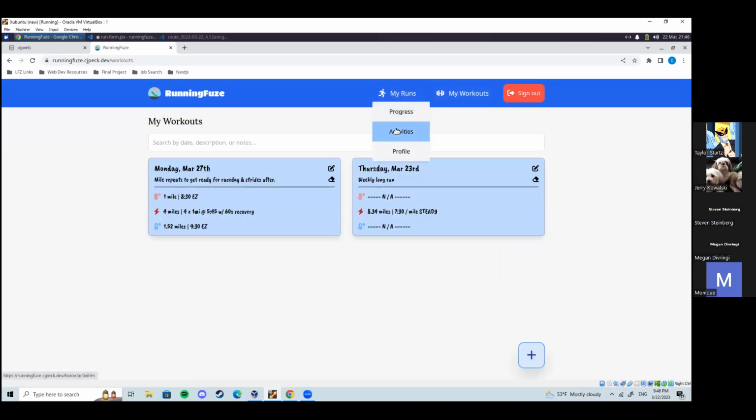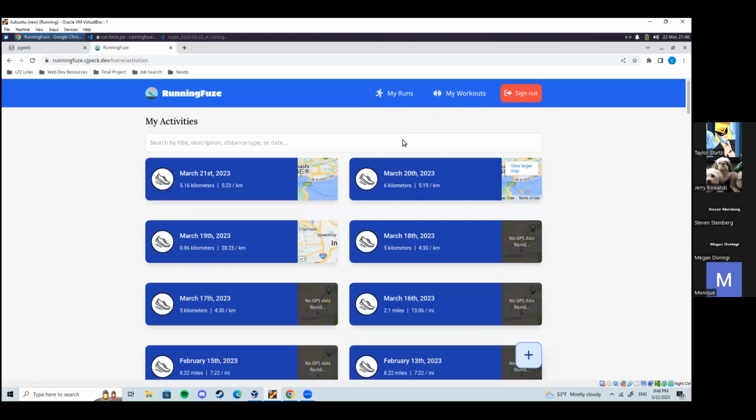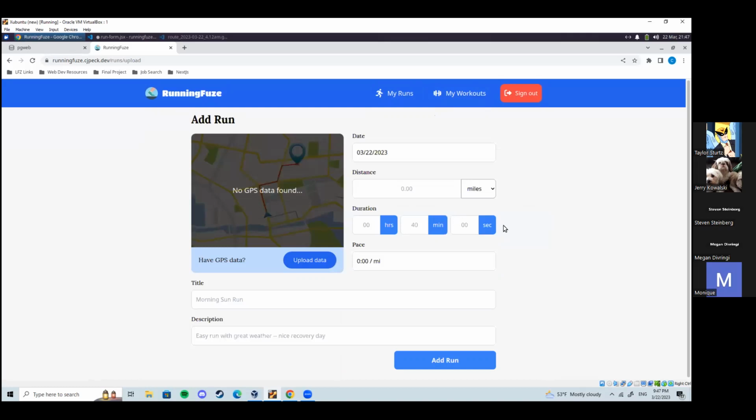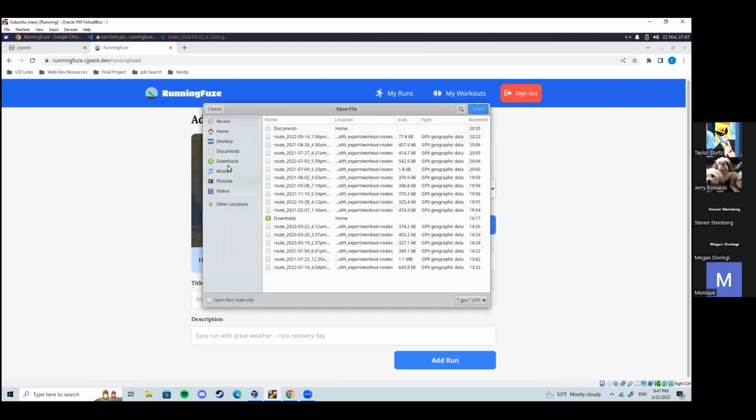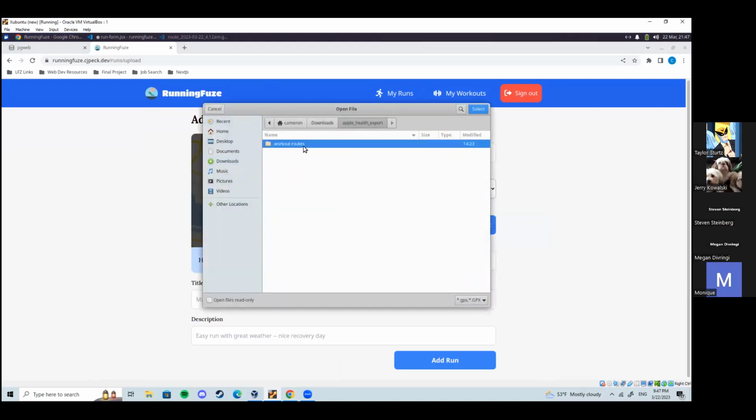The feature we're going to talk a little bit more about today, though, is adding runs with GPX data. So that happens on this add button down here, which will take you to this add run form. If you forget your GPS data, that's no problem. You can just enter in your information normally and it'll upload a run just like that. But for today, we are going to upload a GPX run. So we'll go into my